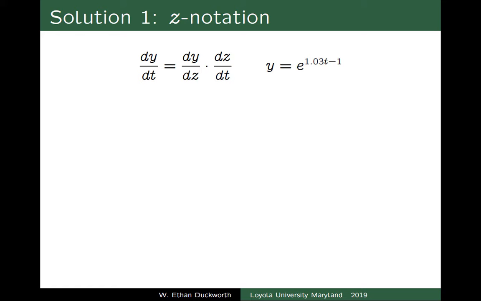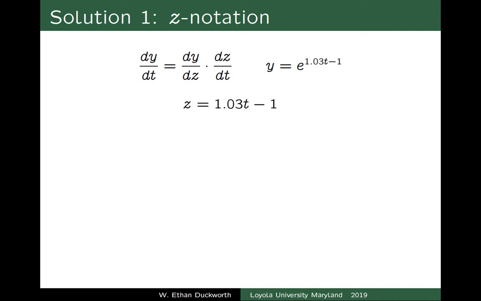1.03t minus 1. Okay, so the first step when you use z notation is to identify what will be z. And I usually say it's the inside of a formula. Sometimes that's kind of obvious. In the case with the exponential function, people often have a little trouble seeing it, but it's almost always the top of the exponential function. So that's what I'll use. z equals